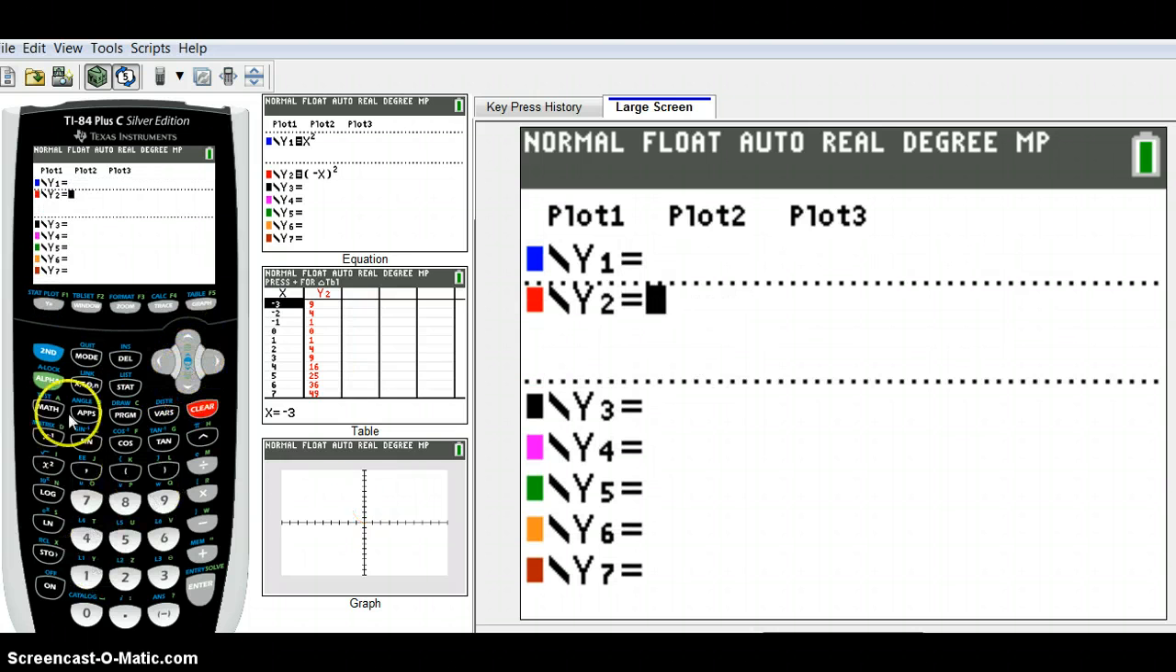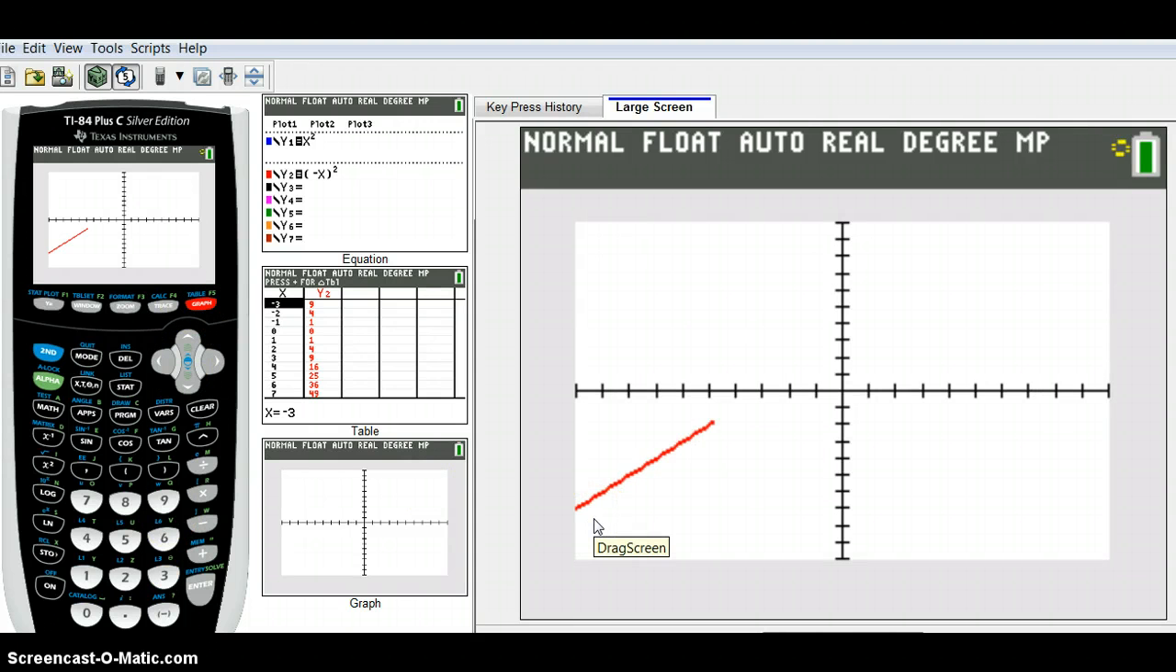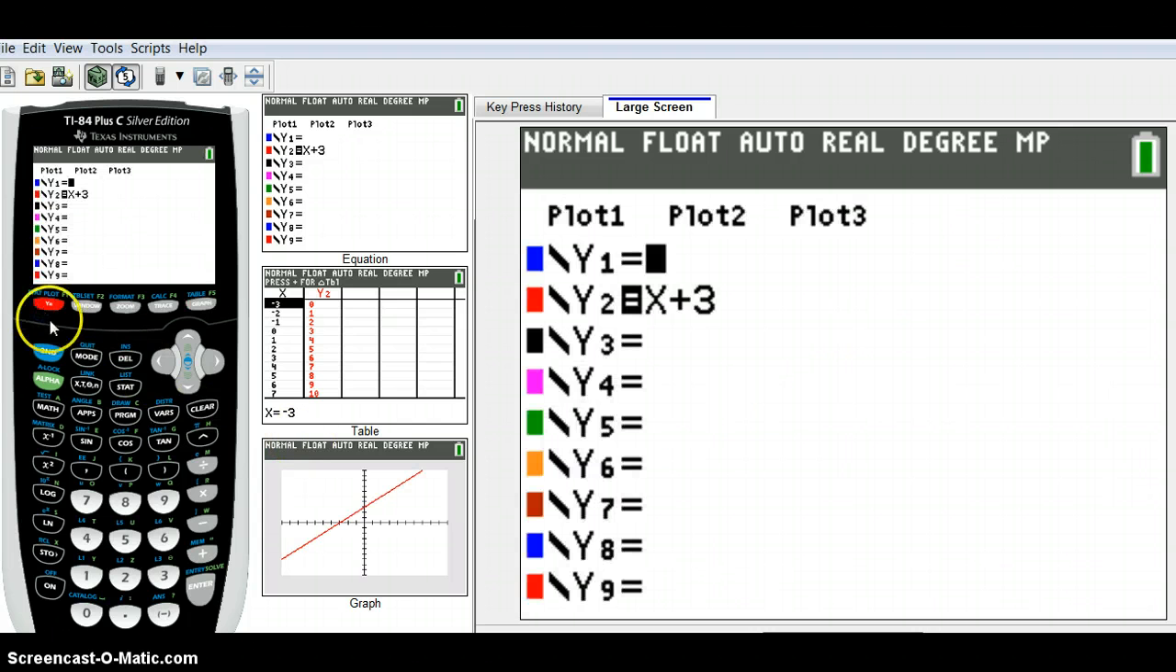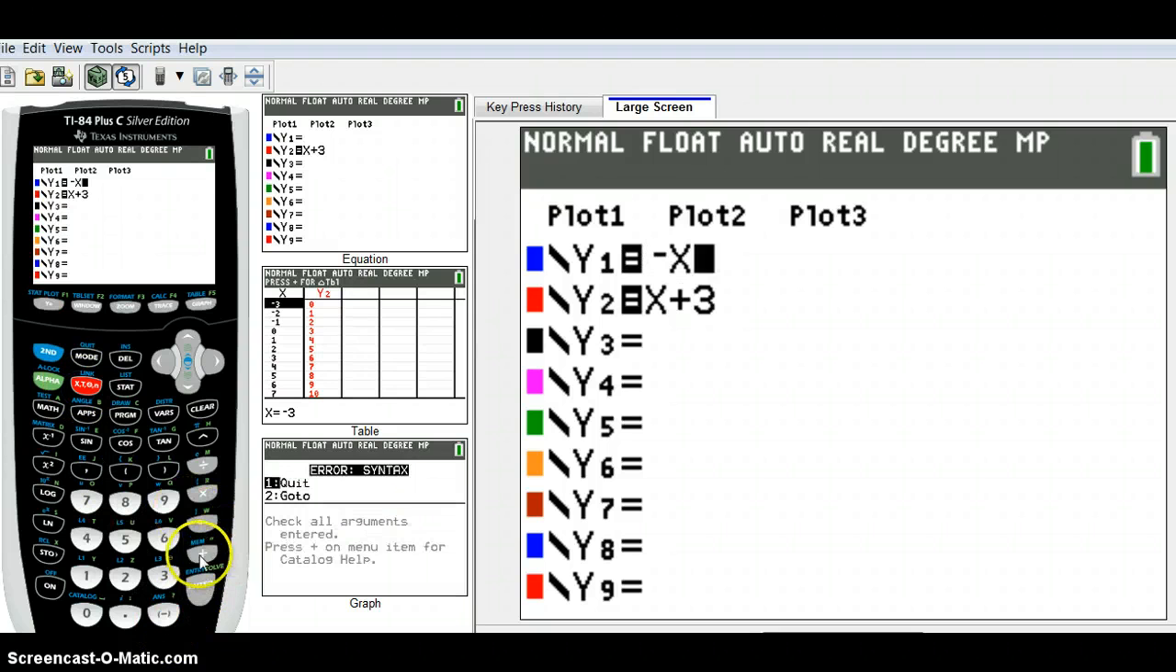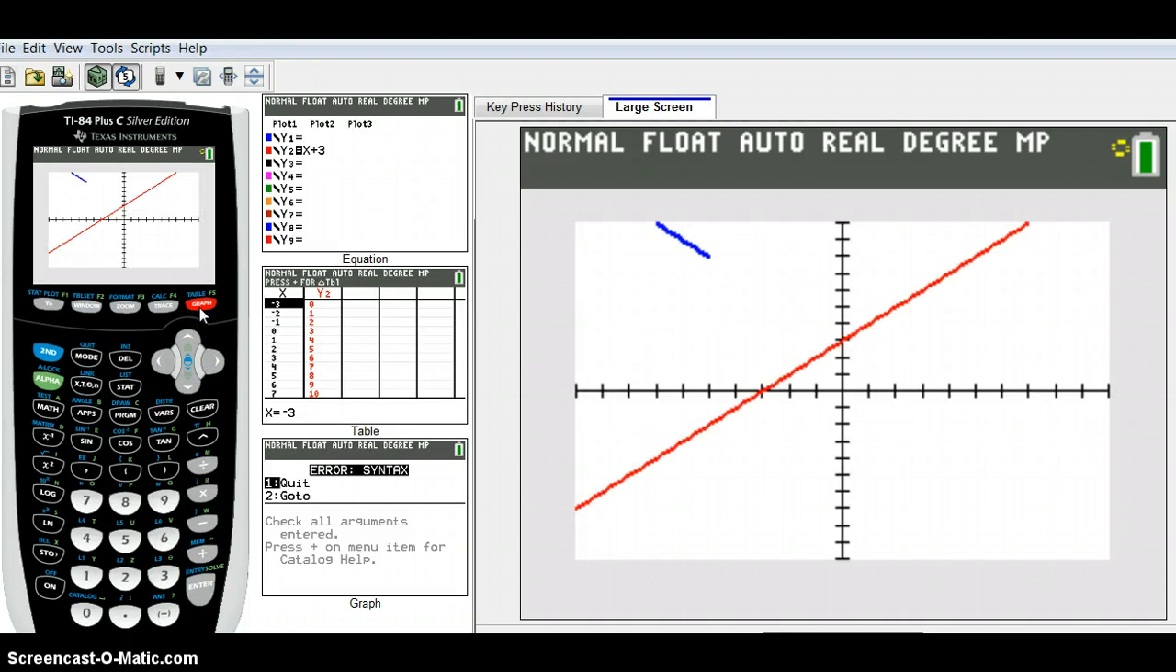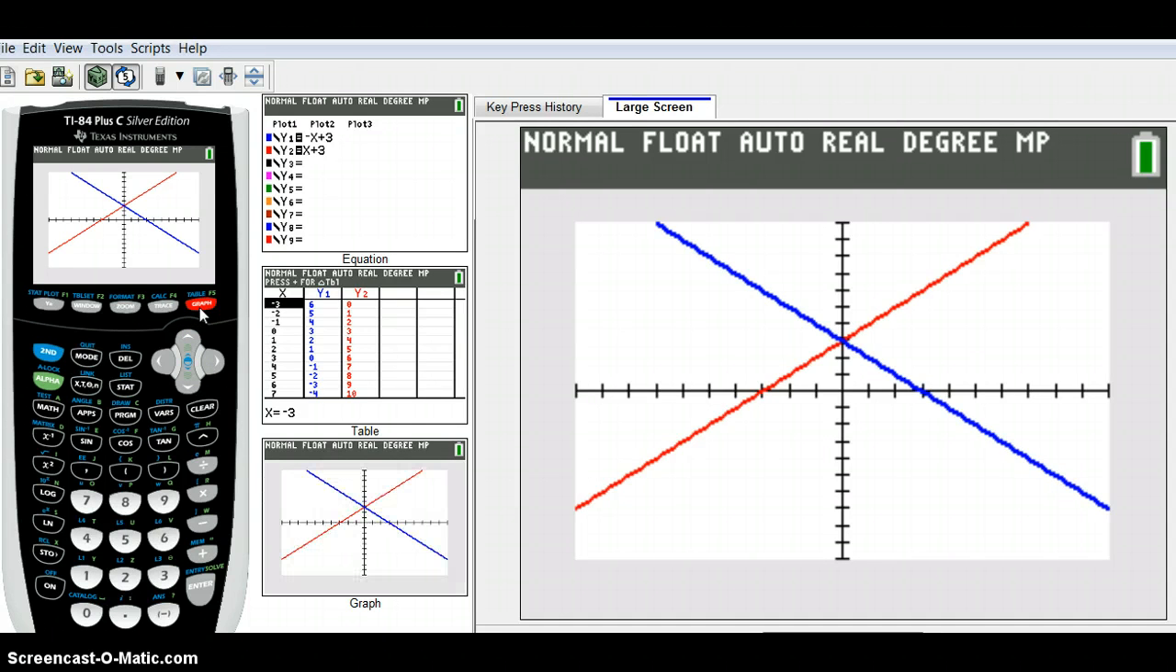And let's look at the line y equals, let's do x plus 3. And I'm going to graph it. And here's my line. Alright, I'm going to go back to y equals, and I'm going to replace x with negative x. And when I graph, you can see now the second equation coming in with the blue line